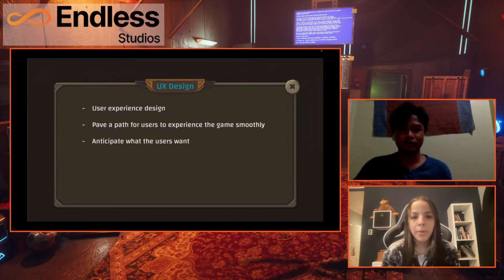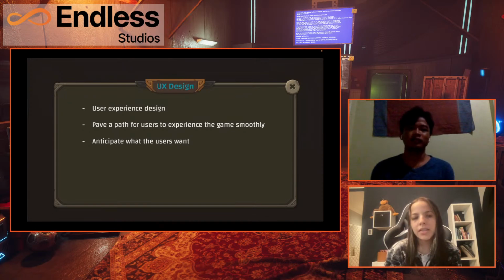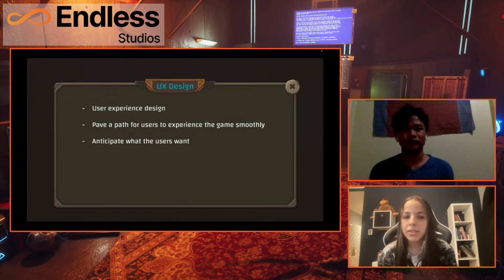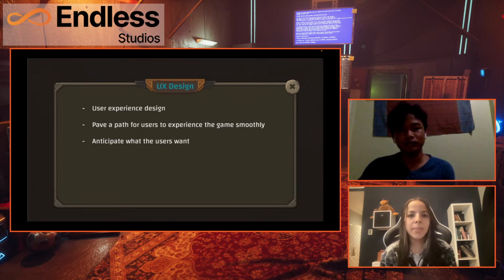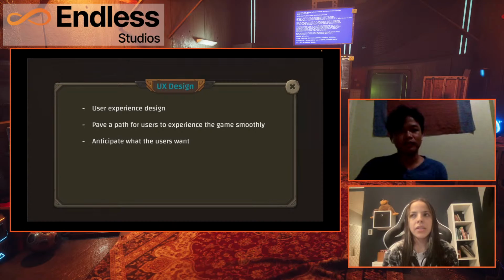So let's get into our first part of this discussion, which is UX design. UX design stands for user experience design. What it essentially revolves around is creating a path for the users to experience the game smoothly. It's pretty self-explanatory in terms of what it stands for. It covers all the aspects and factors that go into making the user experience as smooth as possible and anticipate